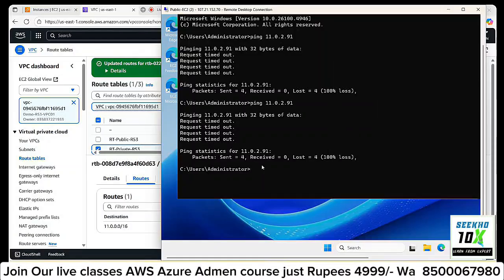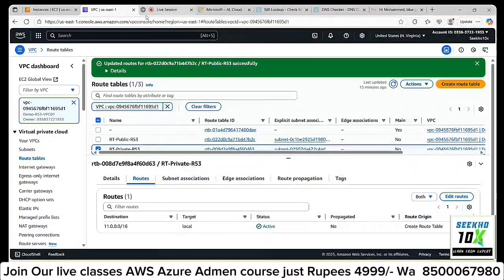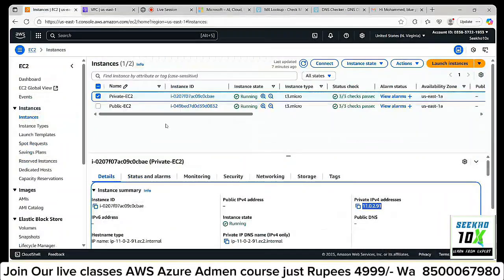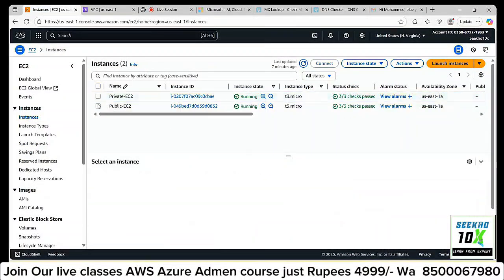Why? Is there any security rule which we have missed? RDP is getting connected, which means a connection is getting established.